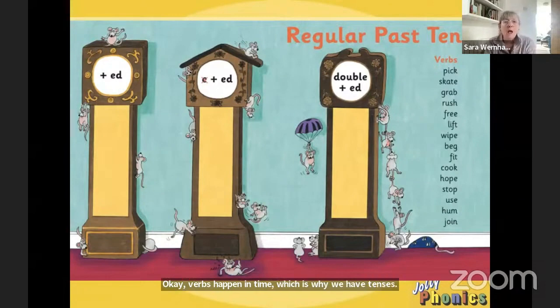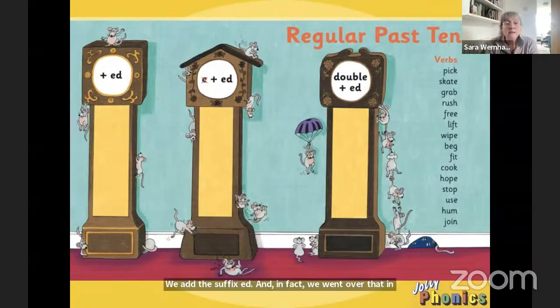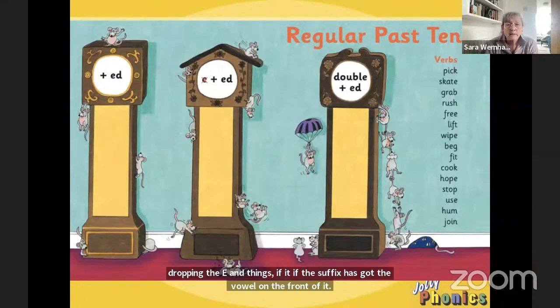Okay. To make a regular past tense, we add the suffix ed. And in fact, we went over that in the spelling side last time, about dropping the e and things, if the suffix has got the vowel on the front of it. So we explained to them that that's how you make the past tense. But also,